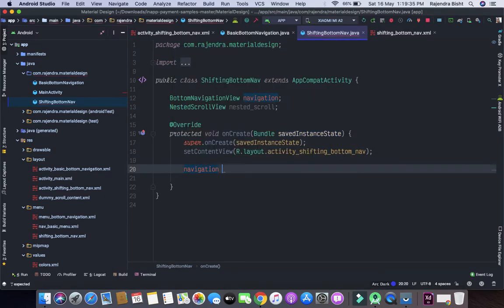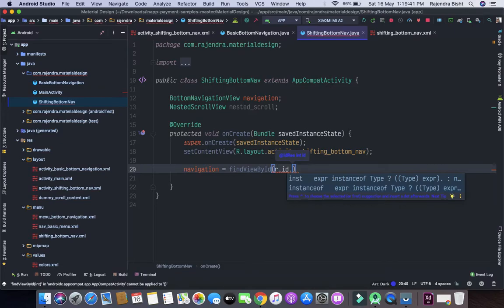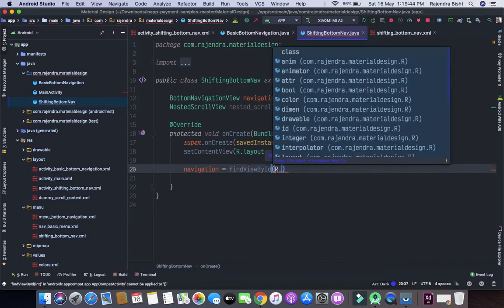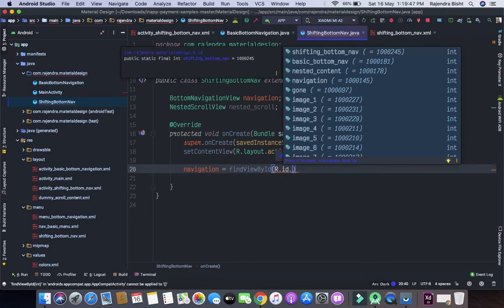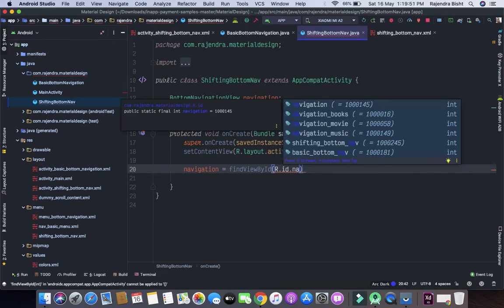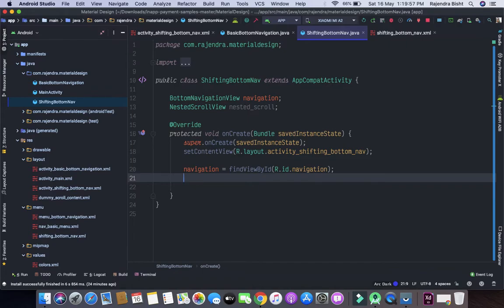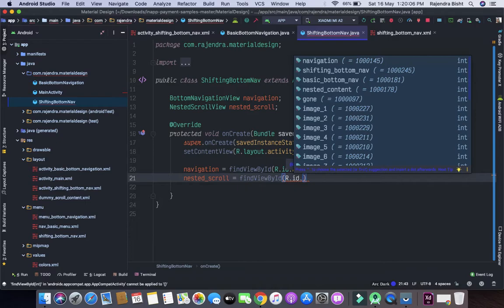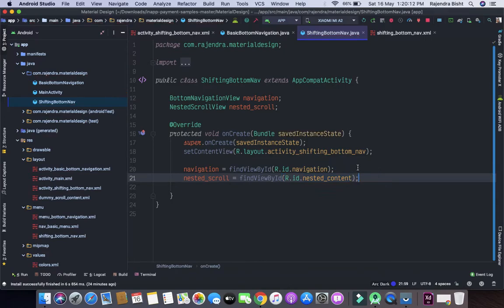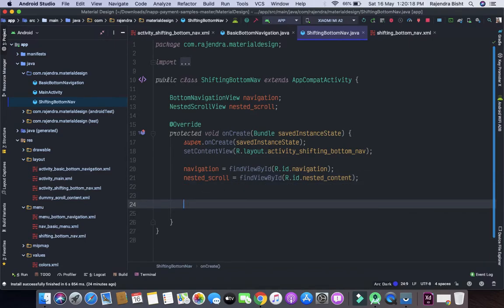So navigation equals findViewById R.id dot navigation, and the second one is scroll view.